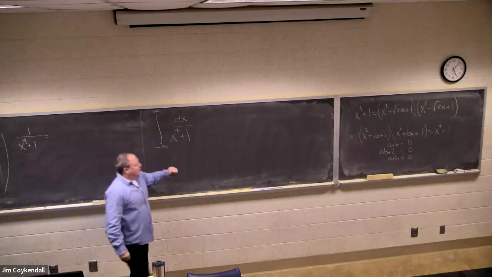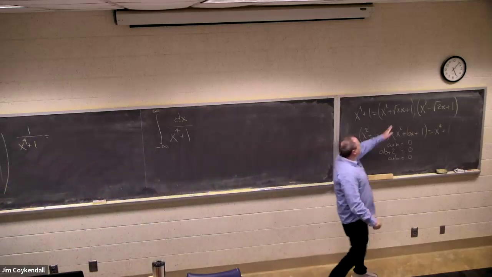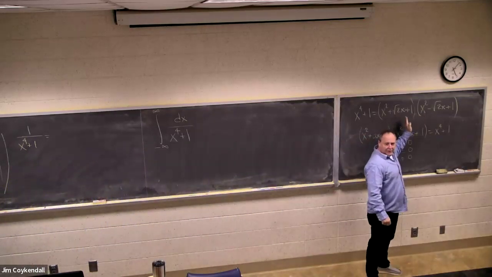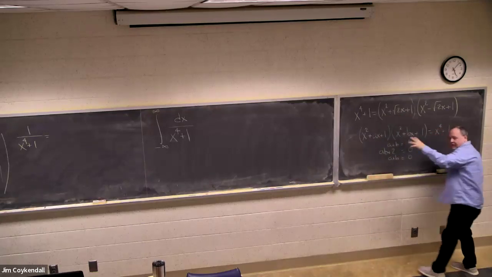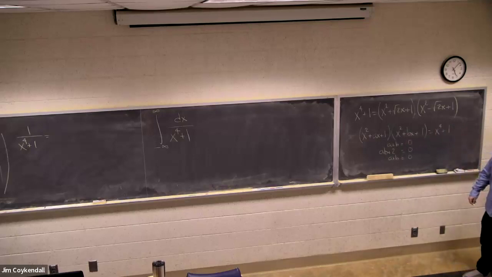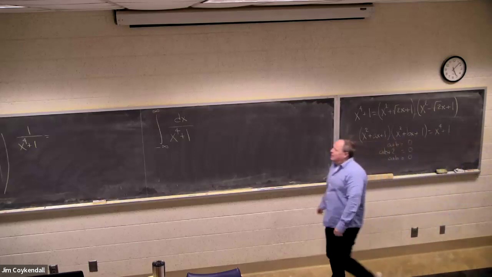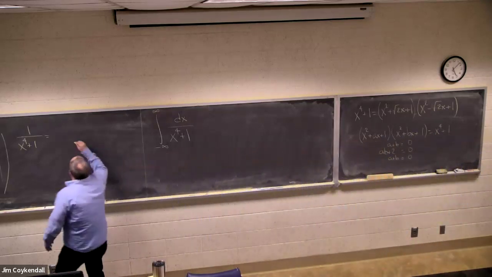Now, it's easy to test that these two polynomials themselves are irreducible, right? Because either they are, or they break down into linear factors, which means the quadratic formula should tell you the roots. But if you check this out, when you square this minus 4 times b, that stuff that goes under the radical of the quadratic formula is negative, right? So these can't be reduced. So this is